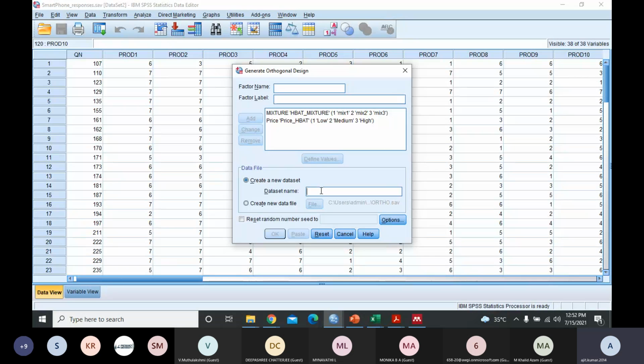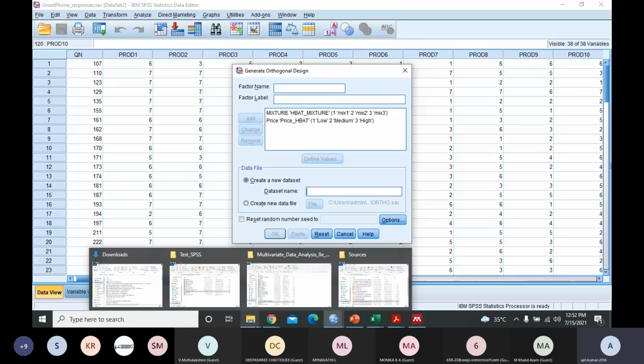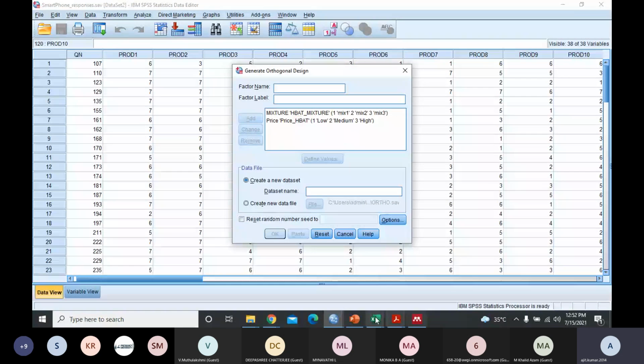All 5 different variables. This is needed. It's not like that, okay? For any other technique, we simply copy paste from Excel, or we import from the Excel file. If you do that, this orthogonal design will not be created. For getting this orthogonal design, for the application of conjoint analysis, we need to perform this activity manually.